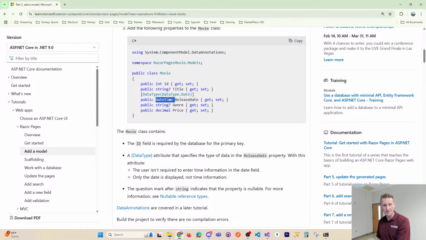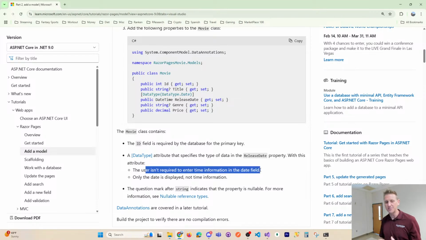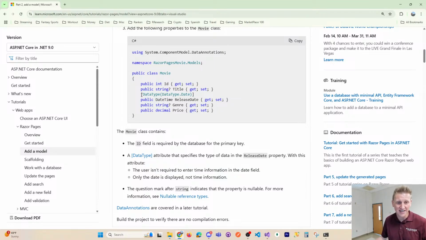So even though the data type is DateTime, you don't have to enter that time field, which is nice because a lot of my students, when they have a DateTime, the view that it creates will be a calendar, and you have to put in not only the date, but you have to annoyingly type in the time as well. So that's a nice little attribute